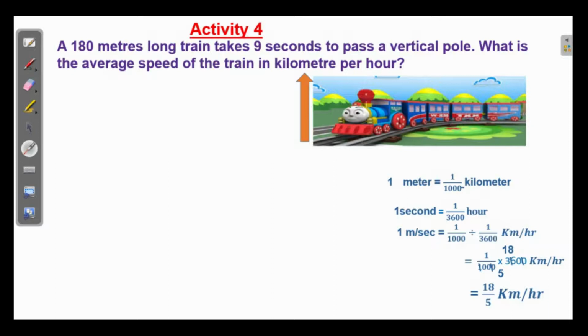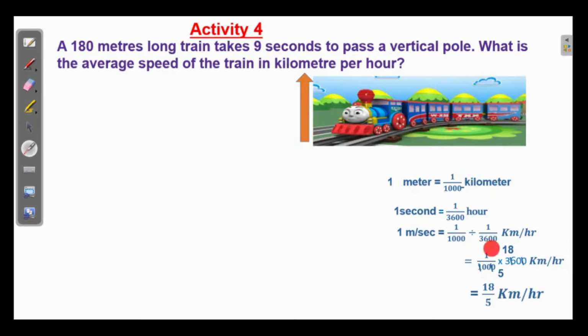That is 60 seconds 1 minute, 60 minutes 1 hour. So 1 hour is 3600 seconds. So 1 second is 1 by 3600 hour. Here 1 meter per second is equal to 1 by 1000 divided by, this per means divided by 1 by